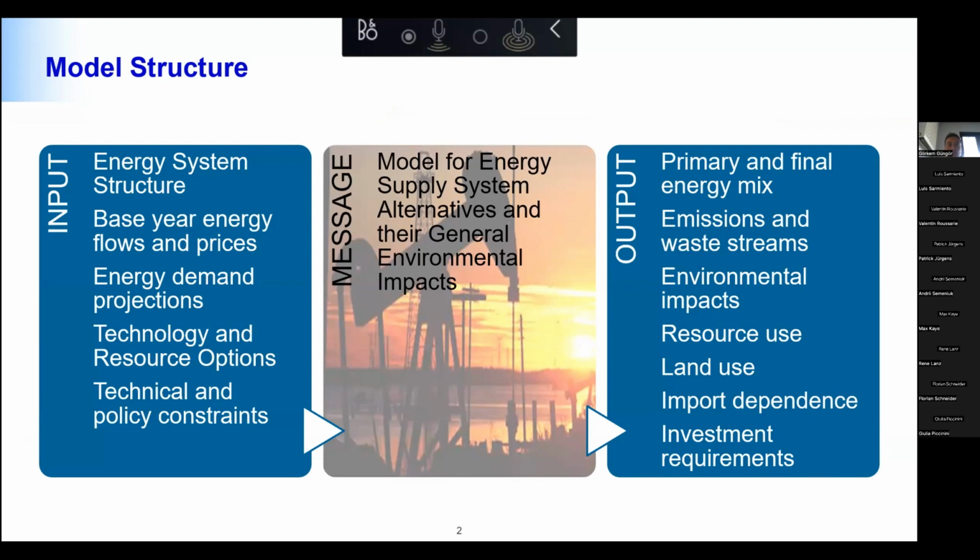So MESSAGE is an abbreviation for Model for Energy Supply System Alternatives and their General Environmental impacts. It actually has quite a lot of history. It was developed during the 1960s and 70s by IIASA, and it pretty much coincides with the oil crisis which the world faced at that moment. So if you find an opportunity to look at the first case studies, the first energy modeling exercises, you can see that there are